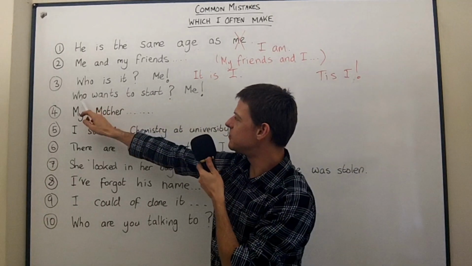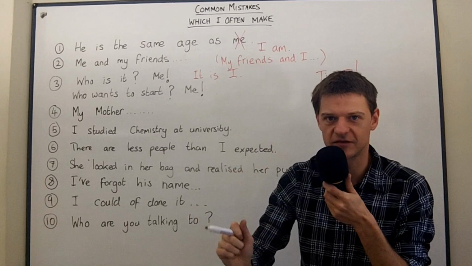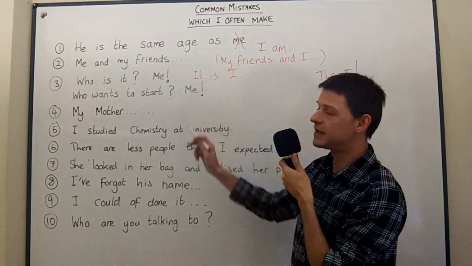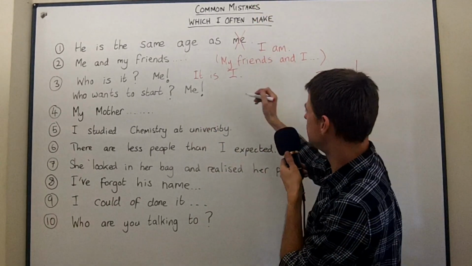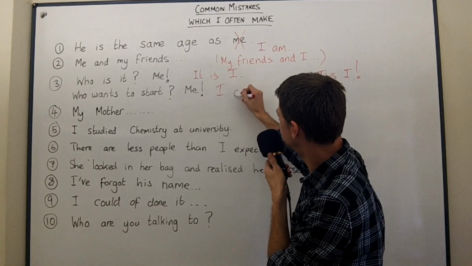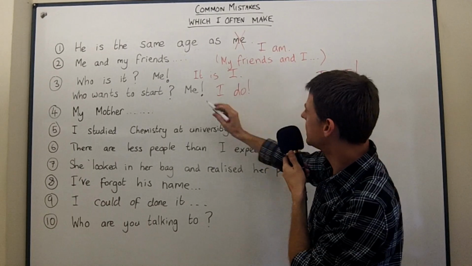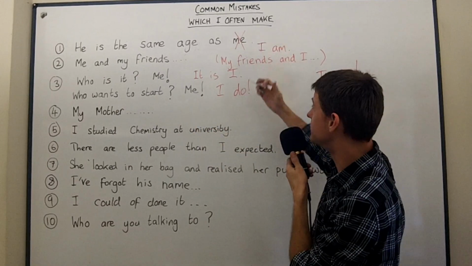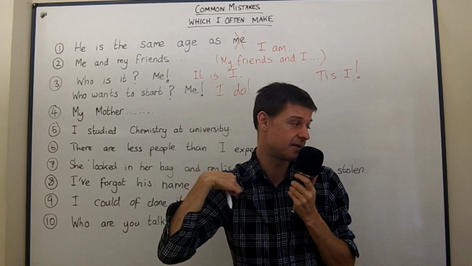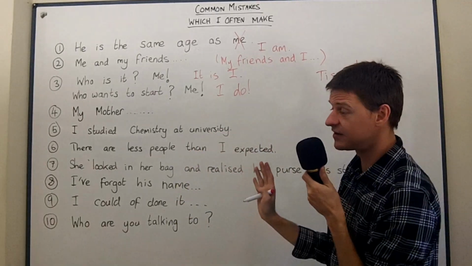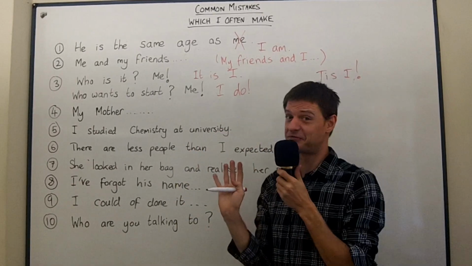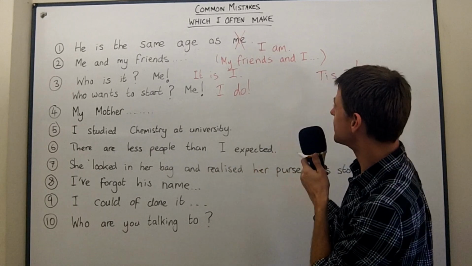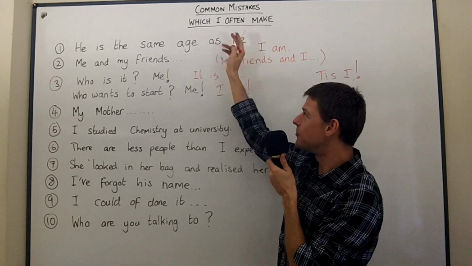And the same here, if you're a teacher in school and you say, who wants to start first? I guarantee all the kids will say, me, when really they should say, I do. But I guarantee they say this one. So these are all very common mistakes. They're certainly mistakes which I make, and I make them without noticing that they're mistakes, which is perhaps not a good thing to do. But I want to thank the person who wrote to me on my wall and explain,